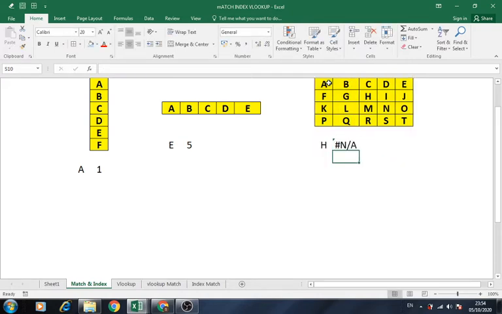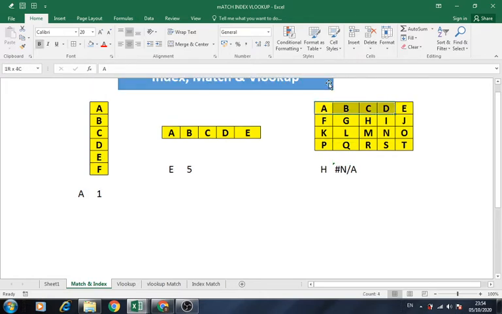It says it is not applicable. Match function is not applicable where the number of rows and columns are many. It works either in a single column or in a single row. So match is not appropriate here. I repeat, match will give us the position of a particular value in a single column or a single row.